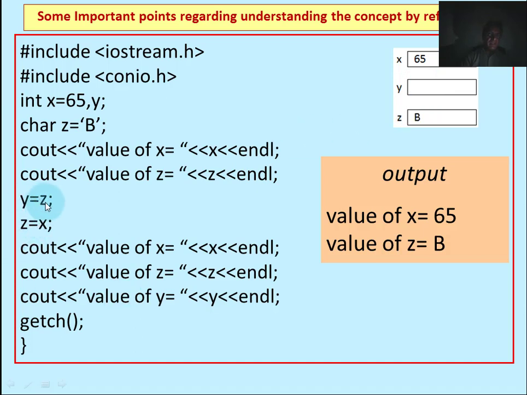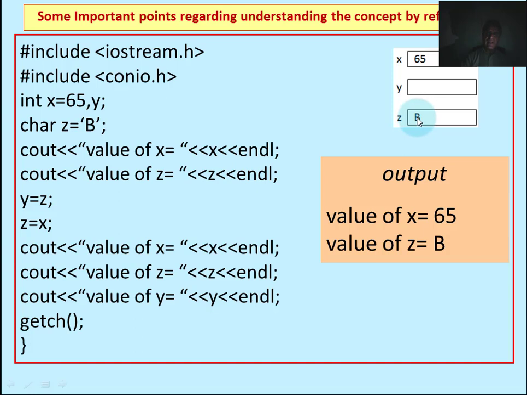If we write this statement and store a character value to an integer, the computer will not display an error message, but it will see whether something belongs to this b which is of integer type.